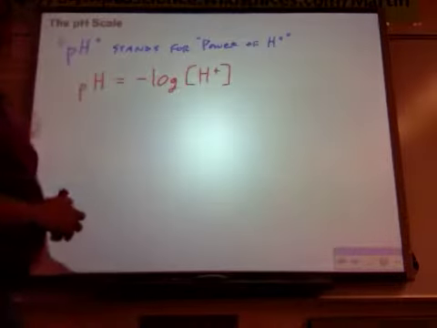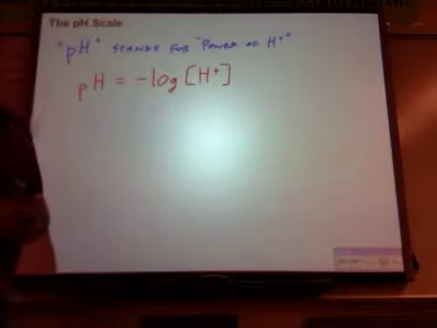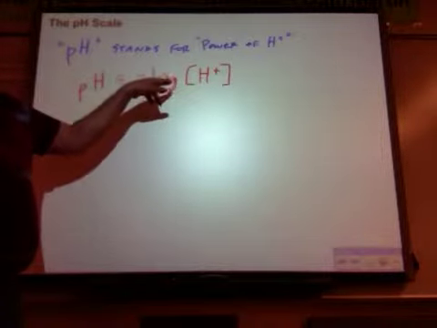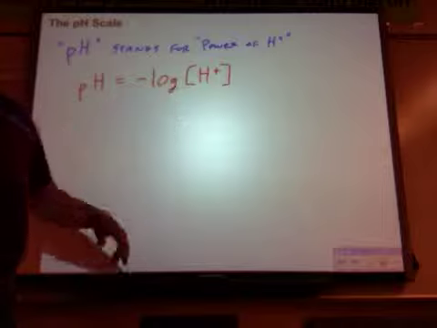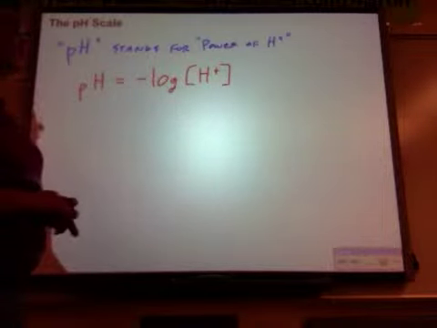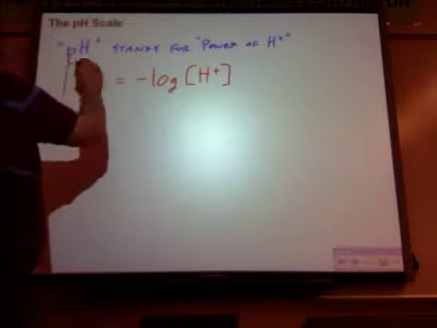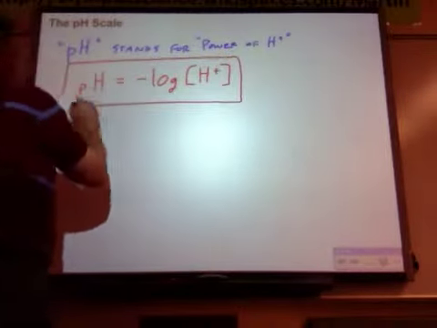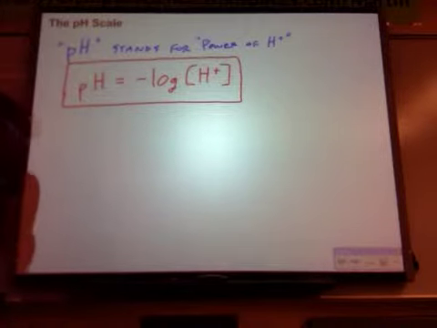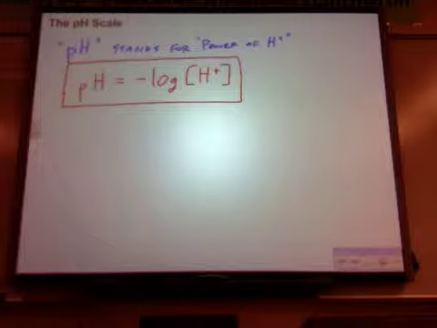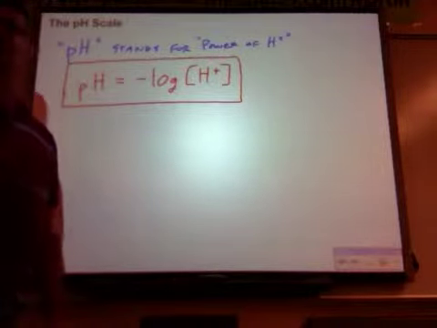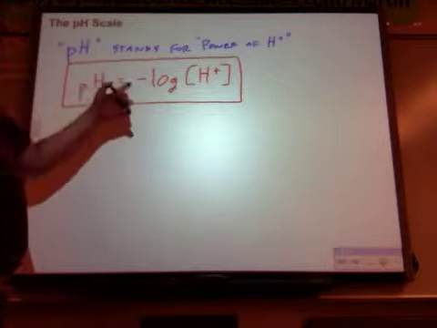The negative log of the hydrogen ion concentration. Specifically, this is log base 10, not natural log. Okay? So the pH is negative log of H+. Put a red box around that. That's something you will use frequently. Okay? So, negative log of H+,